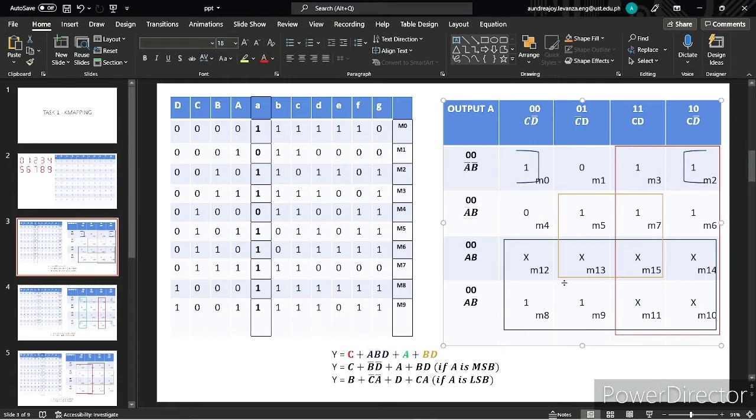And using the K-map, I arrived at this Boolean expression,